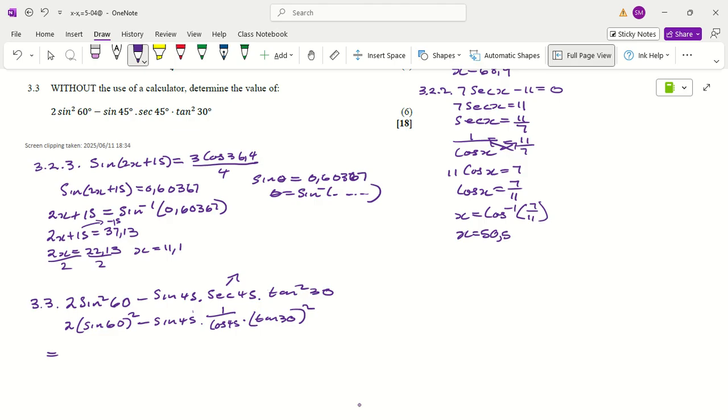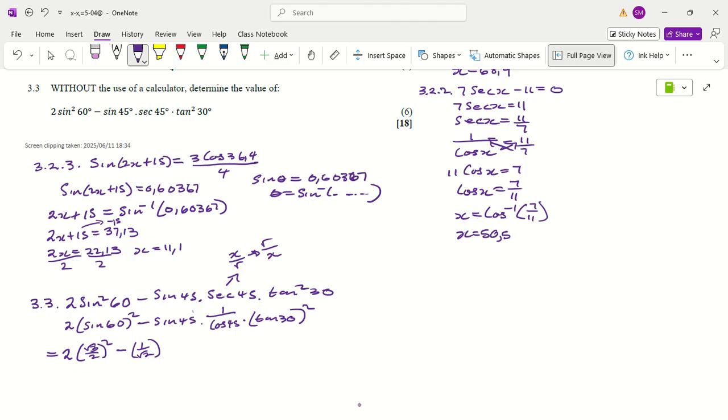If you remember, cos is x over r, and then this would be r over x. So now if we substitute, this would be 2, and we know that from special angles sine 60 is equal to root 3 over 2, and we are going to square that,